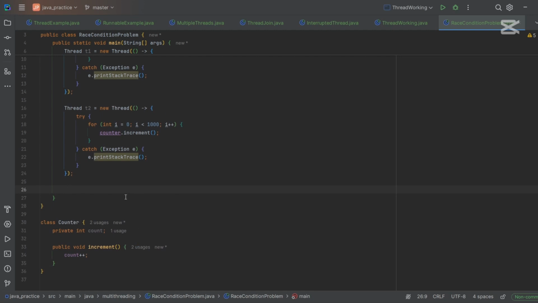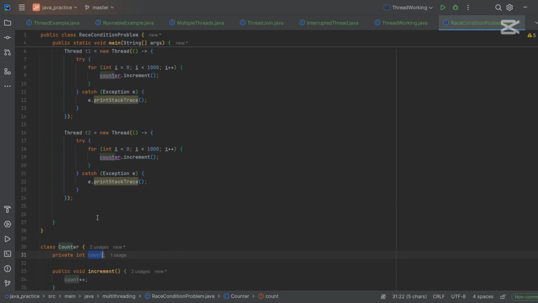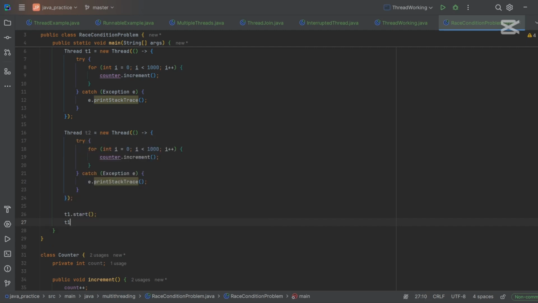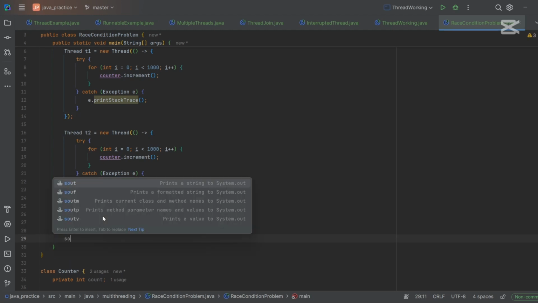So in this case, they're both incrementing and writing to the variable count, and this can lead to an incorrect result, so that we can check that. Let's run our threads. So t1.start, t2.start, and in the end,